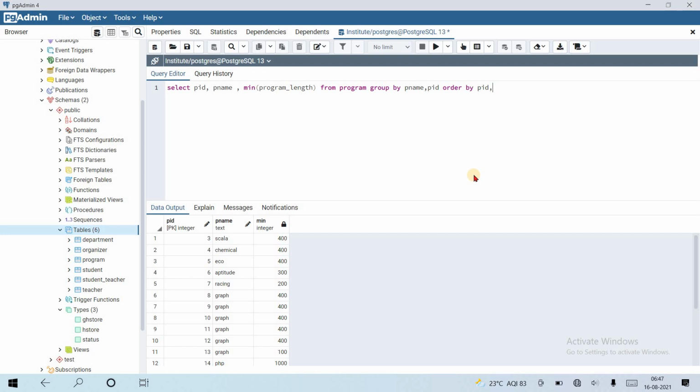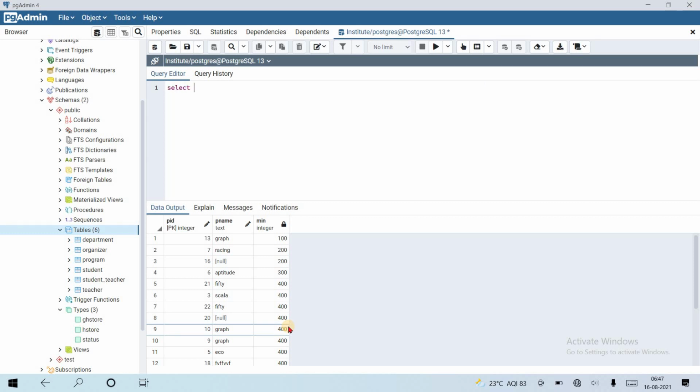You can use 1 here also. What is the result if I use 1? Yes, order by 1 means order by the first column in select. If I use 2, it is the second column in select. If I use 3, the third column in select. The third column is minimum, so you can see it arranging minimum to maximum, 100, 100, 100, like that.